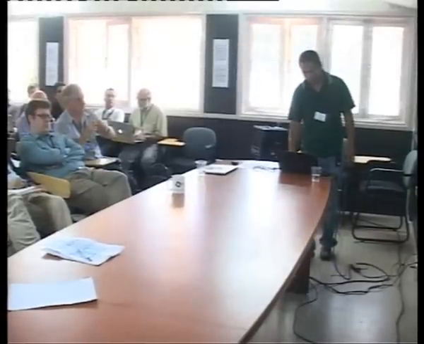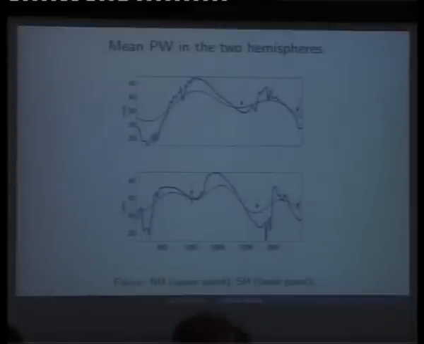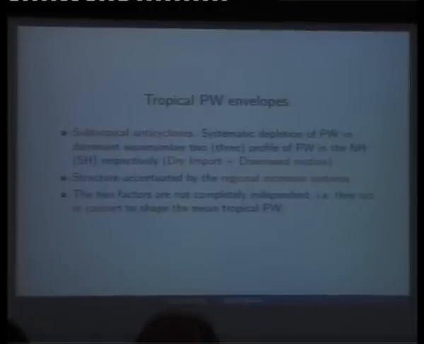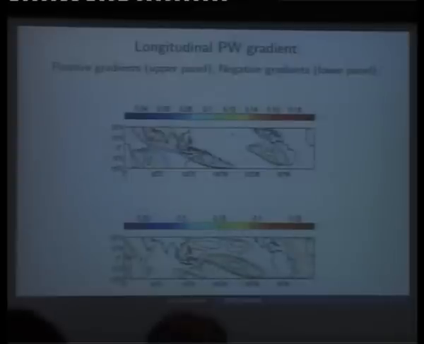So once we have this structure, I will not spend too much time on why this structure exists. That in itself is a non-trivial problem. For the time being, let's just say that there is this structure. The components that go into it predominantly are the subtropical anticyclones, as well as the accentuation of the longitudinal structure by the regional monsoon systems. I'm not going to spend too much time on this. We'll just say we have this structure and proceed, because we need this structure for the theoretical part of the talk, right? So once we have this structure, I'm going to do something that might seem a little awkward.